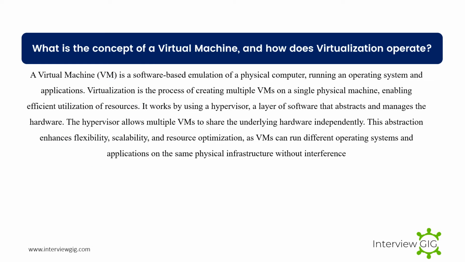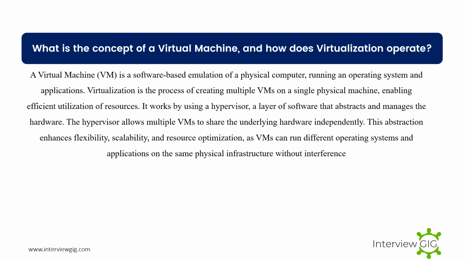workload mobility. What is the concept of a virtual machine, and how does virtualization operate? A virtual machine, VM, is a software-based emulation of a physical computer, running an operating system and applications. Virtualization is the process of creating multiple VMs on a single physical machine, enabling efficient utilization of resources. It works by using a hypervisor, a layer of software that abstracts and manages the hardware. The hypervisor allows multiple VMs to share the underlying hardware independently. This abstraction enhances flexibility, scalability, and resource optimization, as VMs can run different operating systems and applications on the same